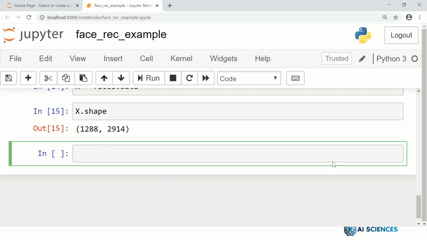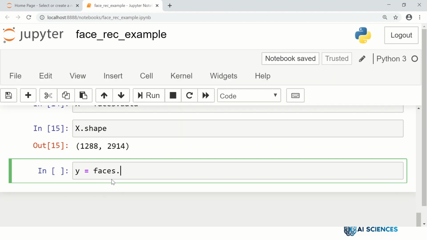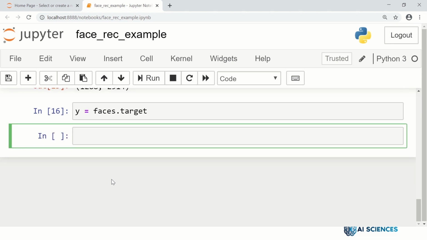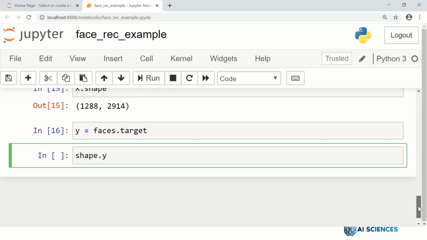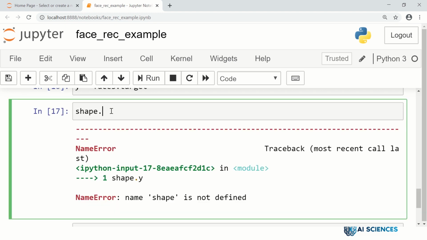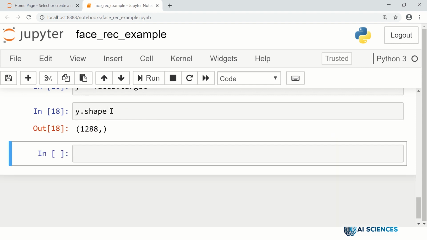Further, we can also have targets. For example, Y is our faces dot target. If we see the shape of Y, it should be an array with 1288 entries. Oh, I should call Y dot shape. Y dot shape. It is 1288. So each